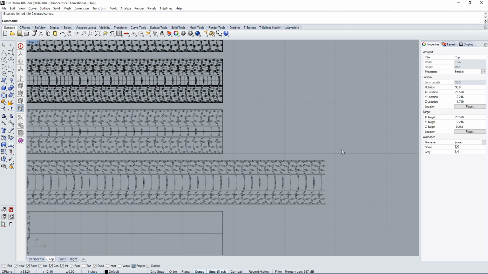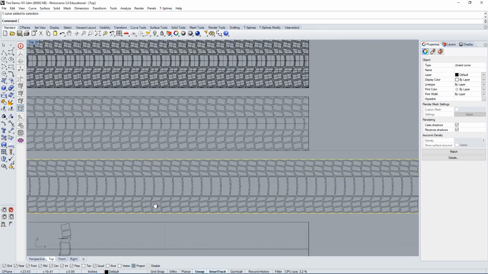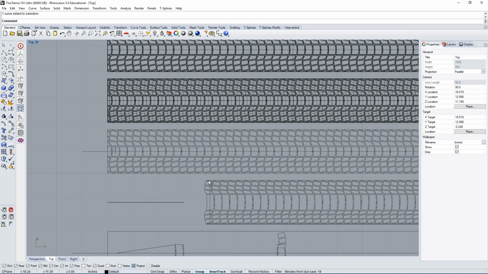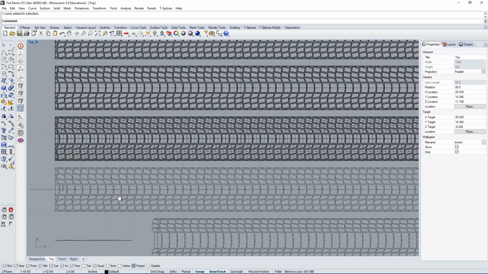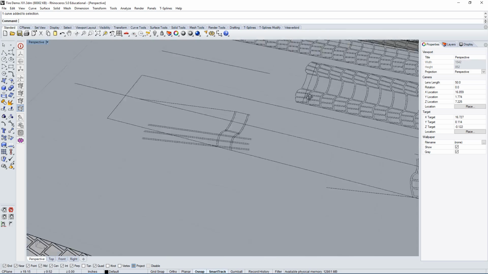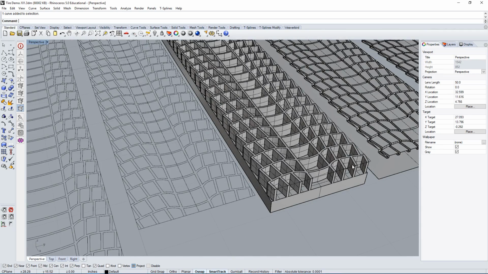And I'm going to show everything because I have this kind of pattern reference that I'm using. And then you can see the next step, which was basically what I just did. I just finished it up, cut off everything that goes beyond it, make sure it repeats and it lines up correctly. And then the last step in this process was for me to make an extrusion and remove